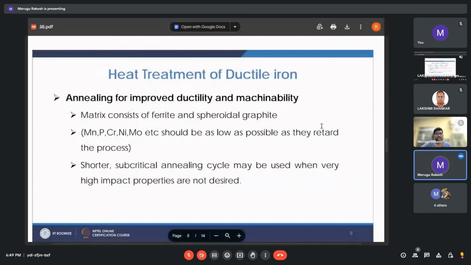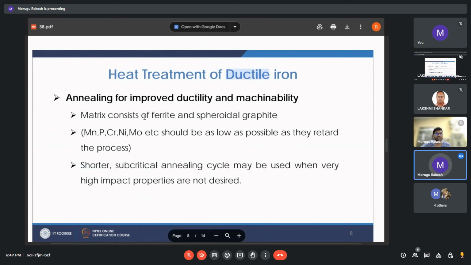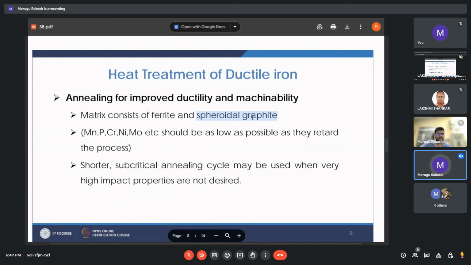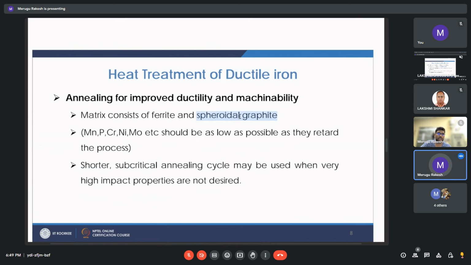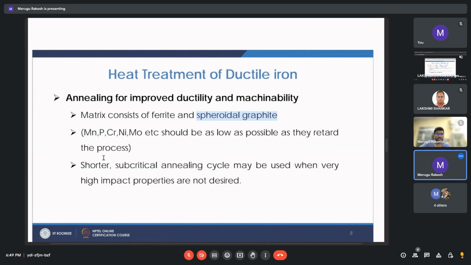So now come to the ductile iron. In ductile iron, the name itself implies it is ductile, but still we have to go for annealing so that we will get even more ductility and machinability. The matrix consists of ferrite and spherical graphite. The graphite is present in the shape of small spheres, if you can visualize, which are distributed